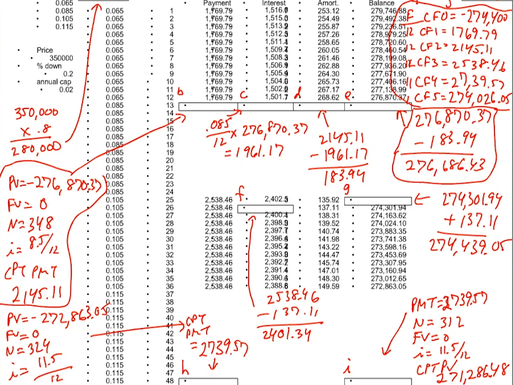Then cash flow at time 1 is just the payment for the first 12 months, which was already given to us, $1,769.79. We get that for 12 periods, 12 months. Then we calculated the payment for time 13 to 24, $2,145.11. Okay, that's the cash flow at time 2. And again, we get that 12 months. Frequency is 12. The third, they gave it to us, $2,538.46. Again, for 12 months. The frequency is 12. And then the last payment we calculated down there in H,